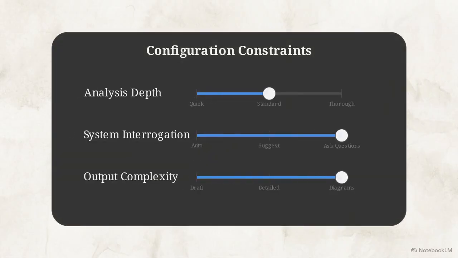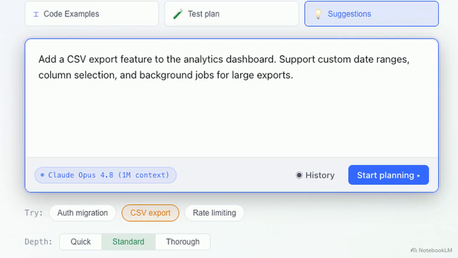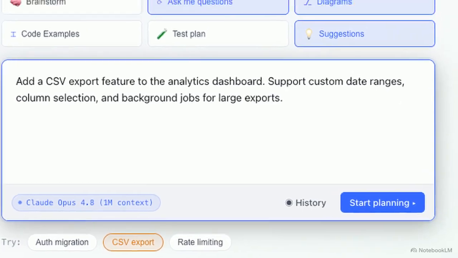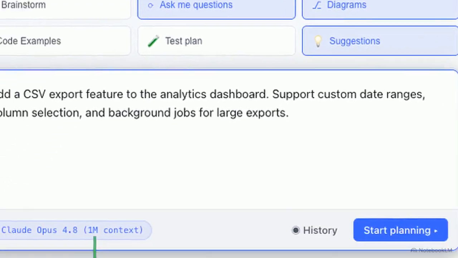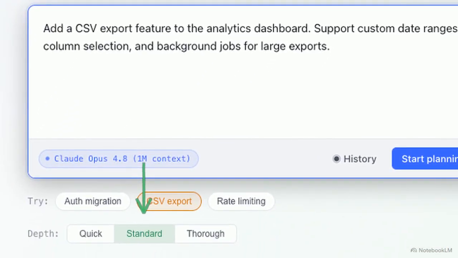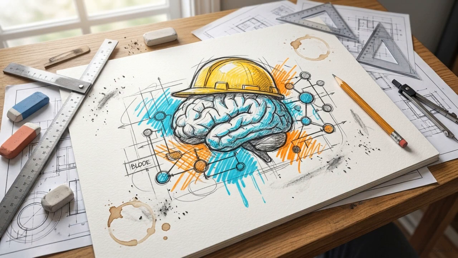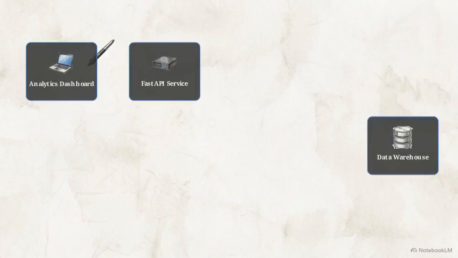You need to tell the system exactly what you are trying to achieve. For our CSV export, we type our specific needs into the prompt box. Above it, we activate the Ask Me Questions, Diagrams, and Suggestions toggles to create a two-way planning environment. Finally, setting the depth to Standard balances high-level structure with technical detail. Configuring these specific parameters enables the AI to act as a proactive technical architect, drafting a plan that follows your